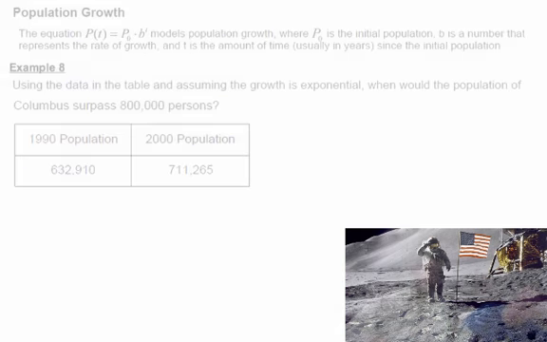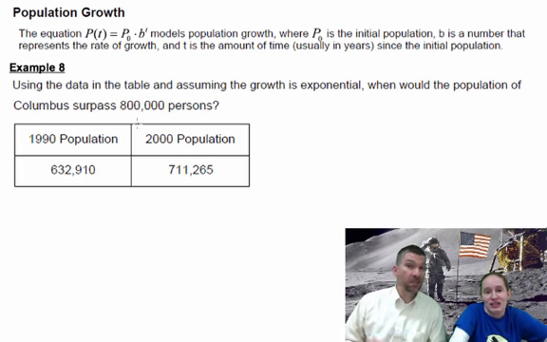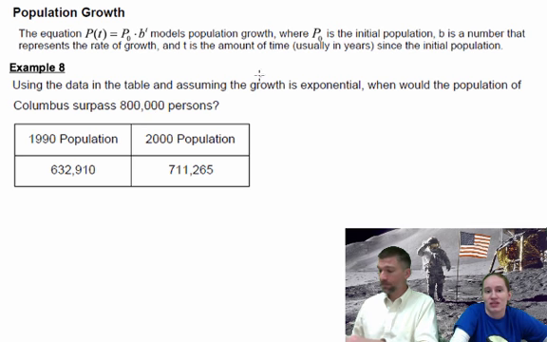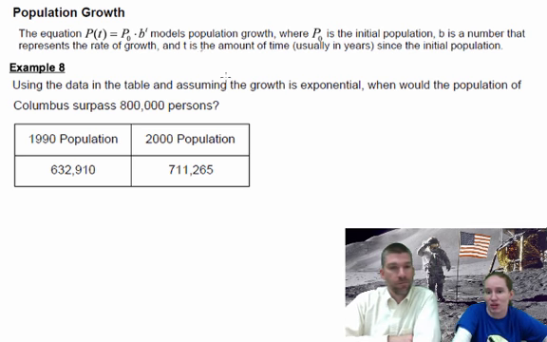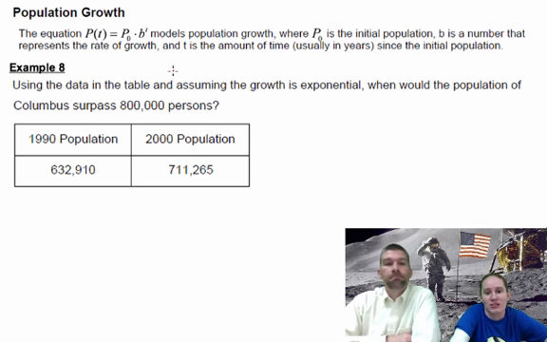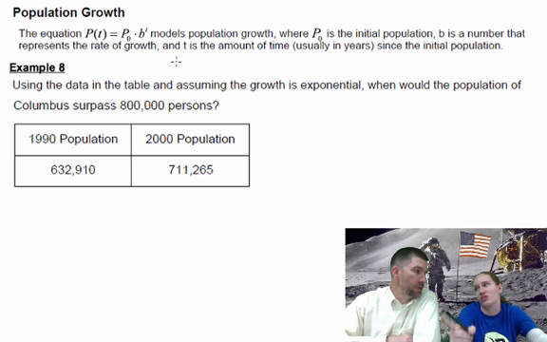Exactly. Example 8. Population growth. We were just talking about this. In this case, we are talking about some populations that will have exponential growth, at least as far as what we're looking at. Because sometimes with models, you only look at 5 or 10 years at a time. It's really accurate for maybe a certain period of time, and then as you go on,